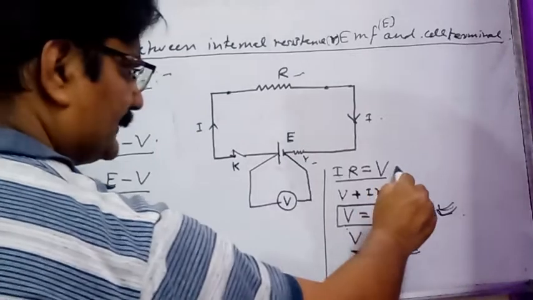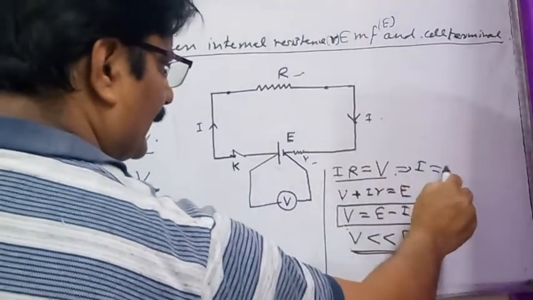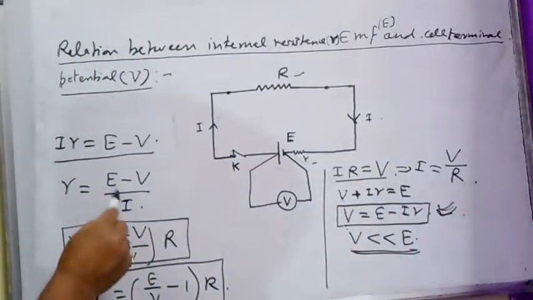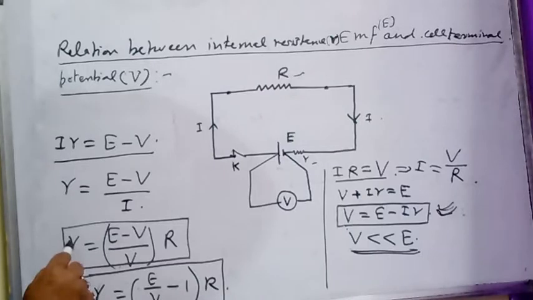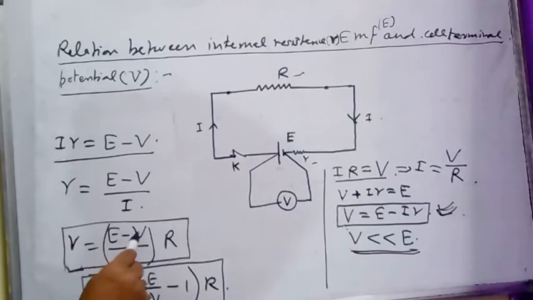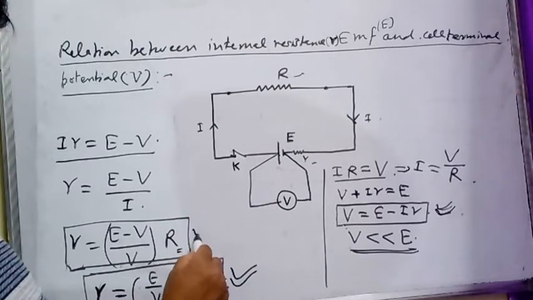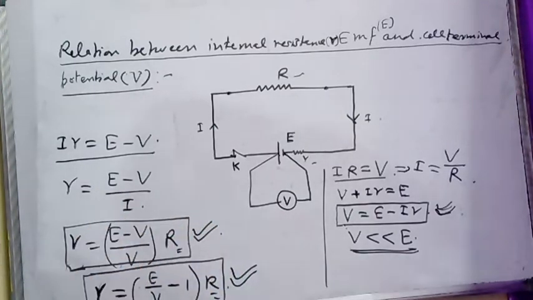As we know, if we solve this equation for I, we are going to get V divided by external resistance of the circuit, V by R. Putting this value of I here, you can get value of internal resistance of the cell r is equal to E minus V divided by V into external resistance, that is R. After solving this equation, you can get internal resistance of the cell r is equal to E by V minus 1 into external resistance. These two are the relations to calculate the internal resistance of a cell if its EMF, cell terminal potential and external resistance of the circuit are known.